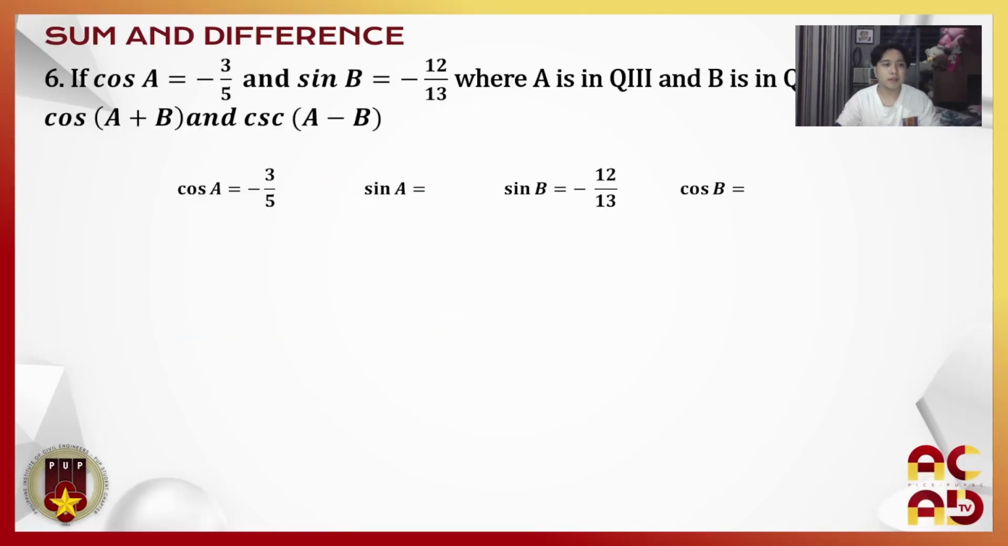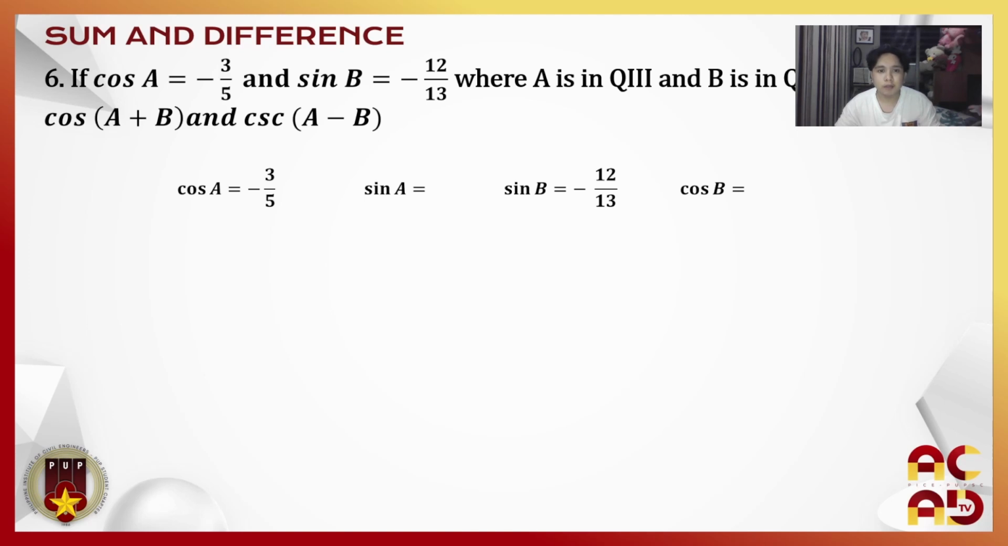So here we have, if cosine A is equal to negative 3 over 5 and sine B is equal to negative 12 over 13, where A is in quadrant 3 and B is in quadrant 4, find cosine of A plus B and cosecant of A minus B. So here, given yung cosine A natin na negative 3 over 5 and then yung sine B na negative 12 over 13,